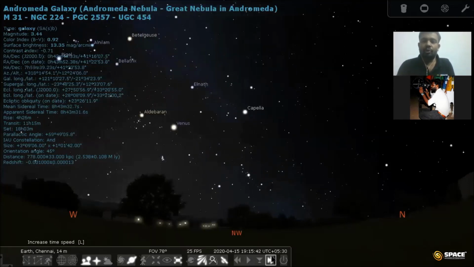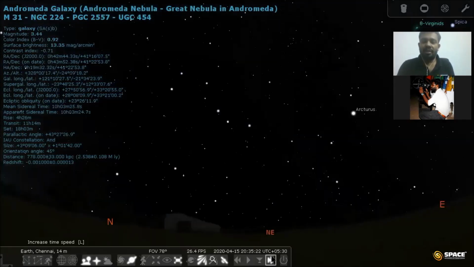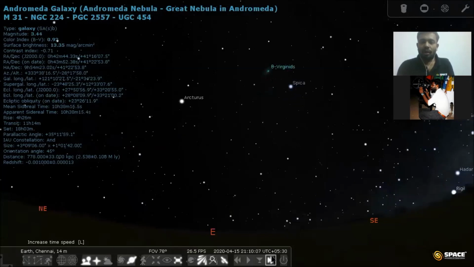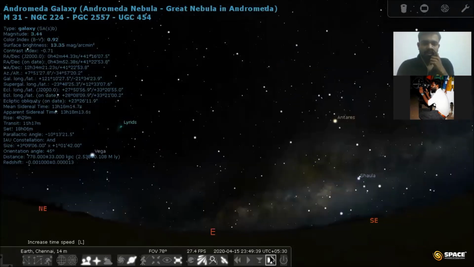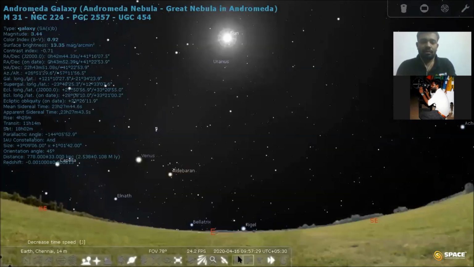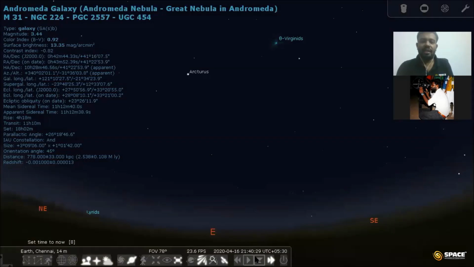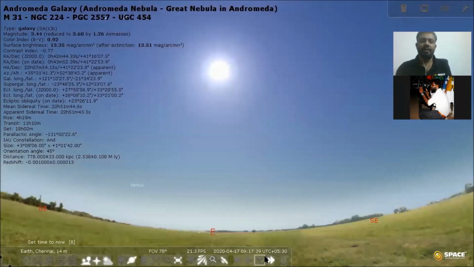You can actually visualize the motion of the sky. I'm moving the sky towards the eastern side. So you can see the arm of the Milky Way just passed now. So I'm adding the atmosphere. You can see the day and night visualization. You can visualize the change of day and night.